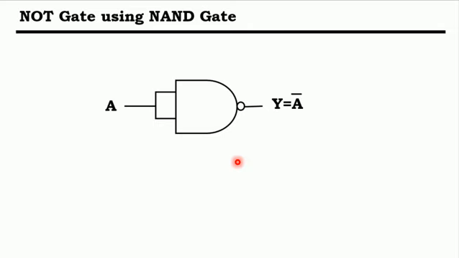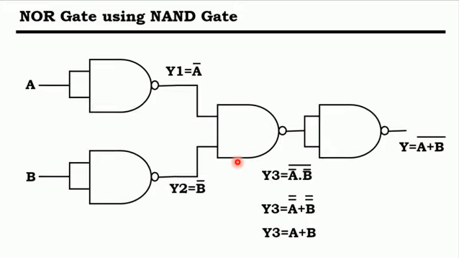So after that, we are going to use the NOR gate. The NOR gate can also be formed using the NAND gate, as shown over here. We are using the basic diagram that is over here, but what we are doing is that one extra NAND gate is provided, and hence we get the particular NOR equation that is used in the NOR gate.